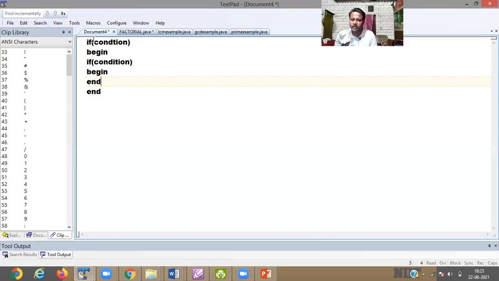If condition, then we have another condition. So that is called nesting. This part is called the nesting block. Nesting if.